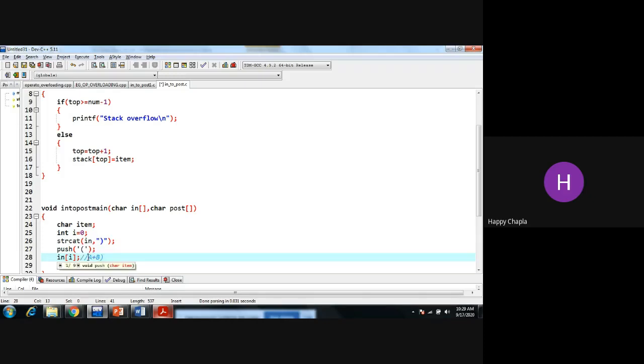What is the infix of I here? I equals 0, so infix of I, that means capital A. We need to give that into the item. Now I am just dealing with this item every time.